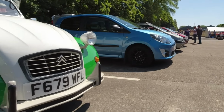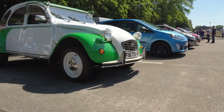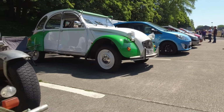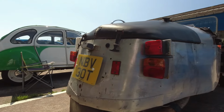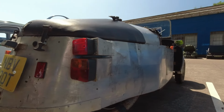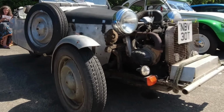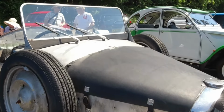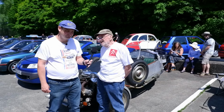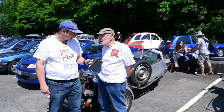Because it wouldn't be a French car event without some form of Citroen 2CV here, and there are plenty of those cars. But the 2CV does lend its chassis to a lot of very interesting kit cars. Pete, tell us a little bit about this tricycle that we've got here. This is a one-off. It was originally a 1979 Citroen Dyane 602cc, and it was built specifically for long-distance trials organised